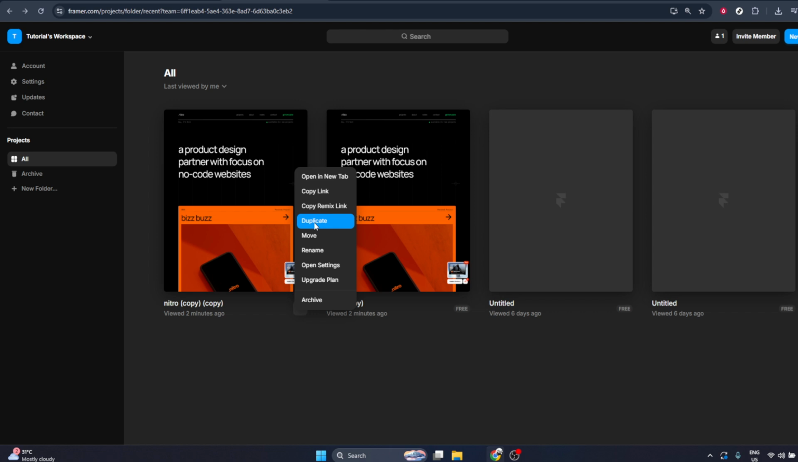Choose something clear and descriptive so that anyone looking at the dashboard can instantly understand what the site is for. For example, you might include the client name, the purpose of the site, or the version of the project. After you've typed in the new name, confirm the change. Usually, you can do this by pressing Enter on your keyboard or clicking a confirm or save button in the dialog, depending on how Framer is currently set up. Once it's confirmed, your dashboard will update and you'll see the new site